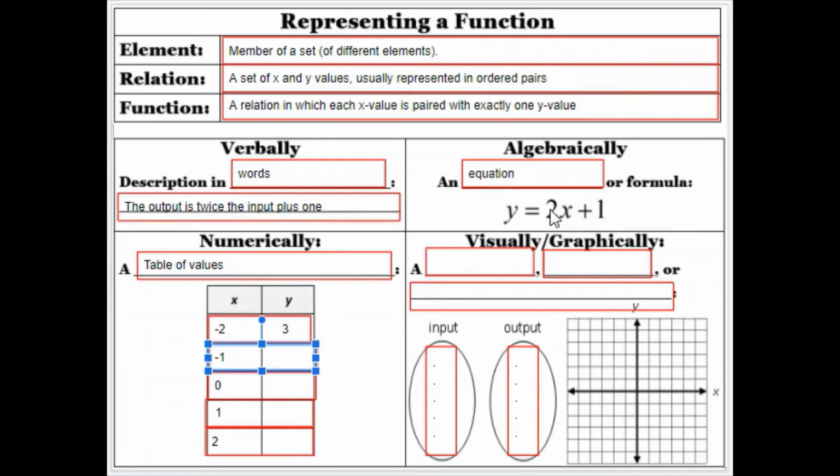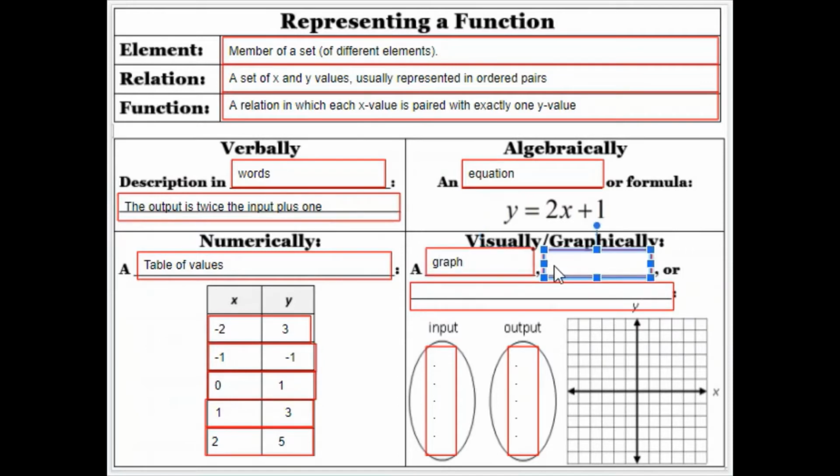-1, if I put in a -1 here, 2 times -1 is -2. -2 plus 1 is a -1. Next, I have 0. 2 times 0 is 0. 0 plus 1 is 1. If I put in a 1, 2 times 1 is 2. 2 plus 1 is 3. And then last, if I put in a 2 as my input, 2 times 2 is 4, plus 1 is 5. So there's my table. We can also do visually or graphically, which can be a graph